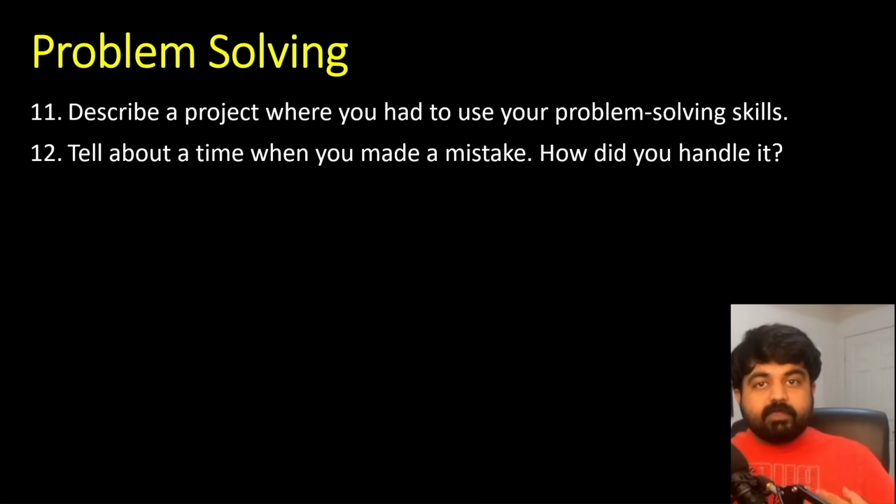How did you own the mistake? Were you like, yeah, I'm accountable for my mistakes. This is my approach and this is what I did. Now let me do this to fix it. And did you fix it? After fixing it, what did you learn? How did you convince others not to make the same mistake? So these are all the things that you can think about while creating an answer for, tell me about a time when you had to handle a mistake.